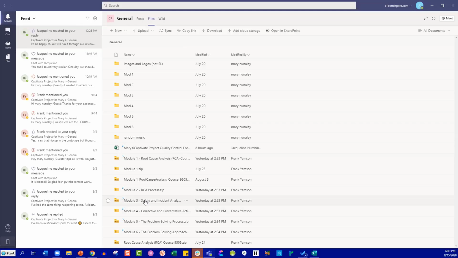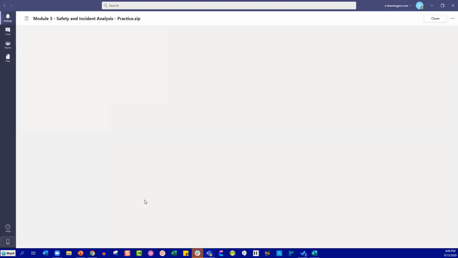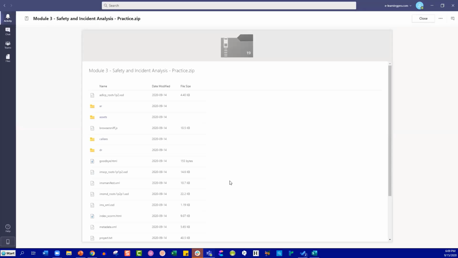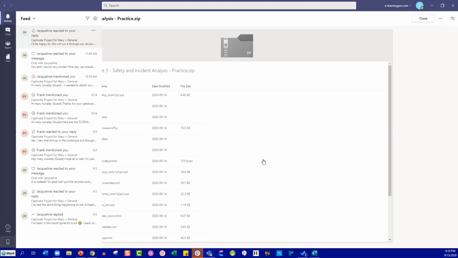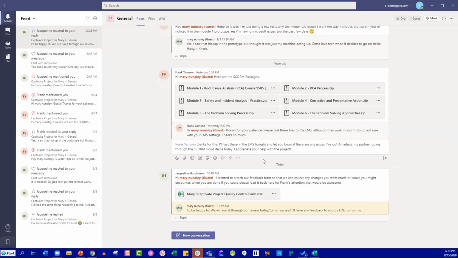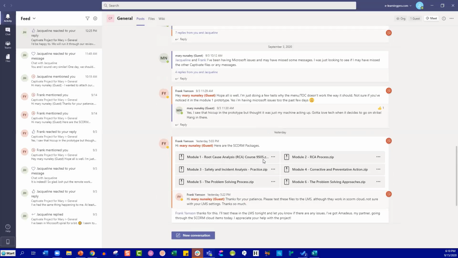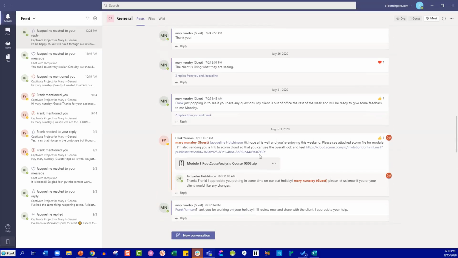And these, just like on your hard drive or your, your floppy disk, boy, I'm dating myself, your external storage, you can build folders, and within the folders, you can have all the different elements. So that same thing was here. So rather than emailing back and forth, it's all kept within this particular conversational post. And so now I can search my history.